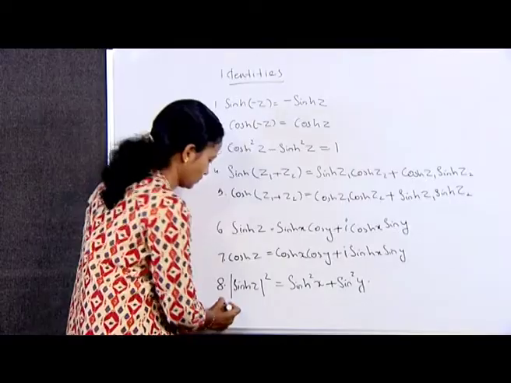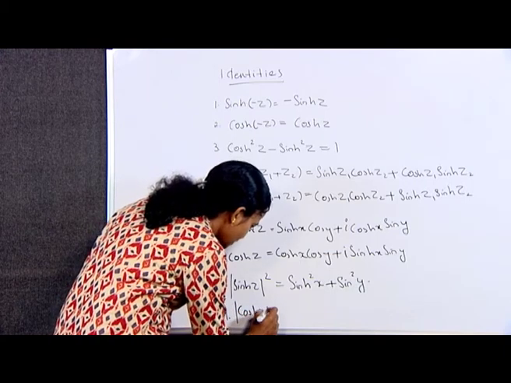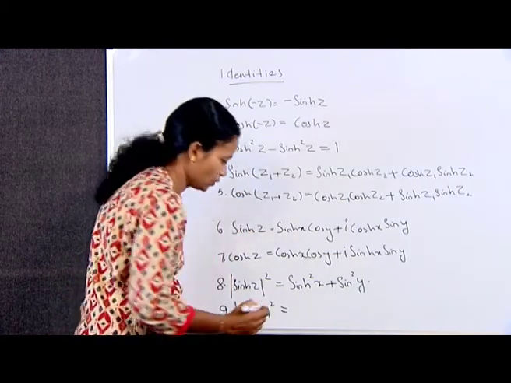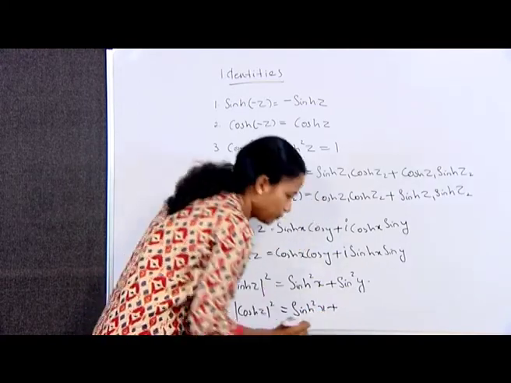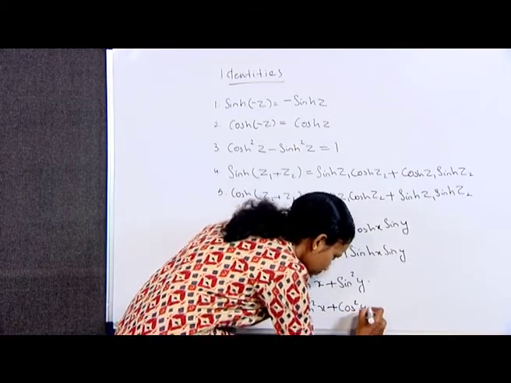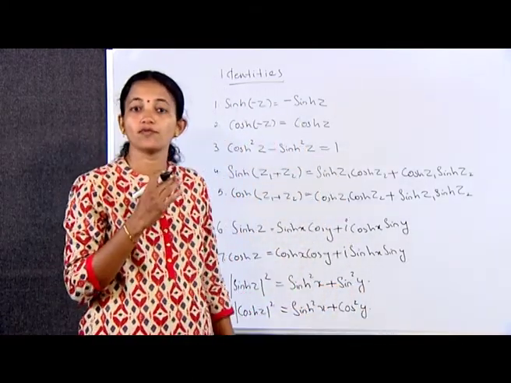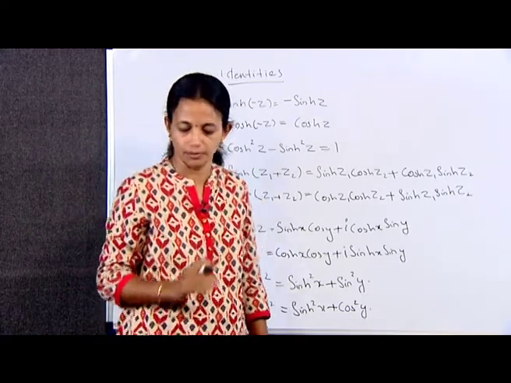Next, ninth one, we have mod cosh z whole square, which is equal to sinh square x plus cos square y. Proof of all the above results follows directly from definition 1. For example,